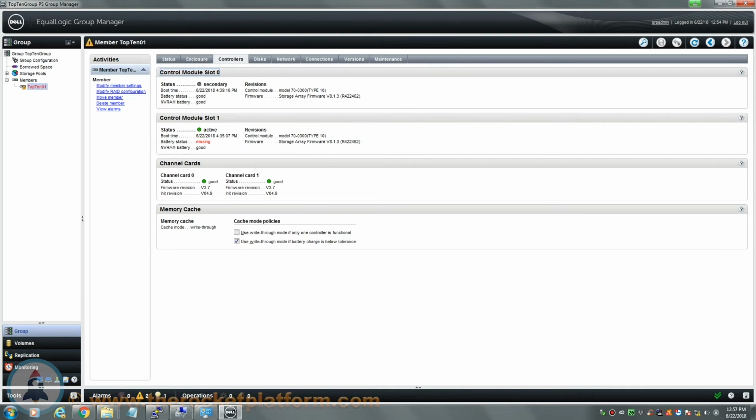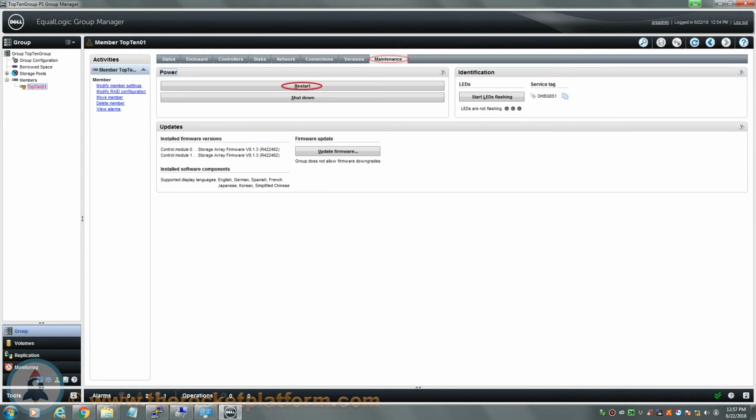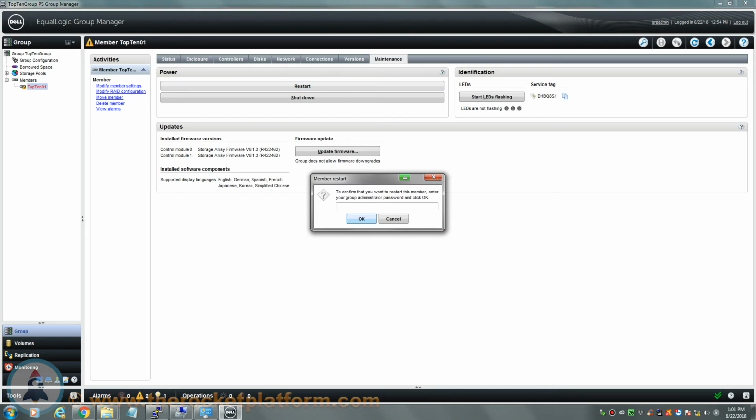During a period of low IOs or off hours, log into the Group Manager. Select the member with the faulty control module and navigate to the Maintenance tab. Under the Maintenance tab, select the option Restart. After selecting the option, you will be prompted to input the management password. Once the password has been accepted, the system will restart the active control module, causing the secondary control module to